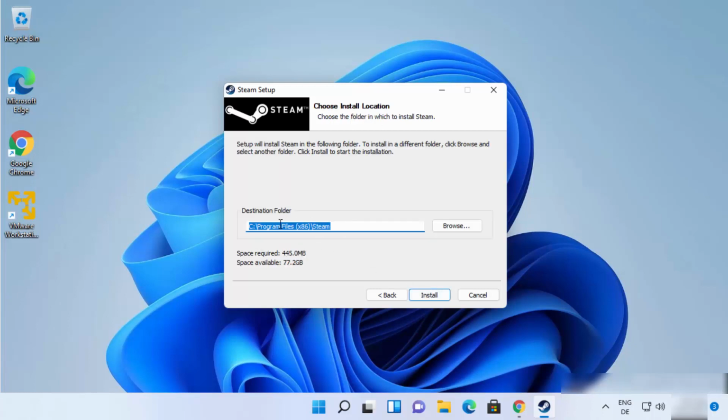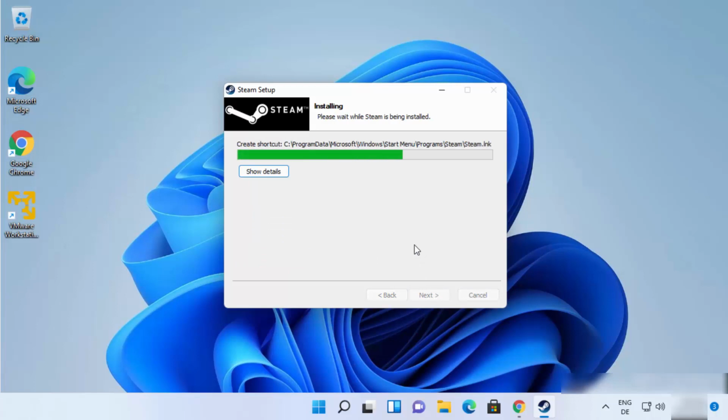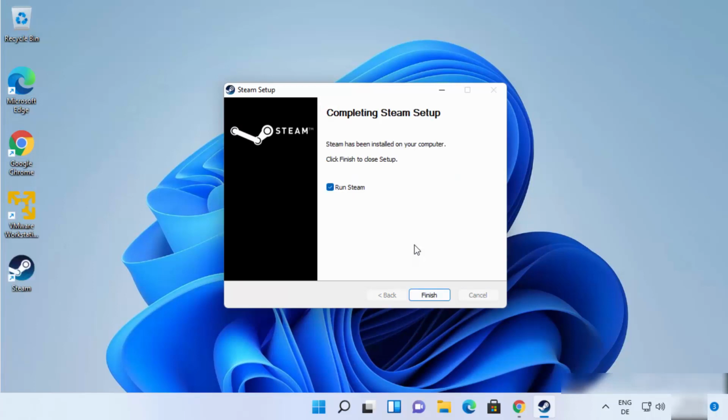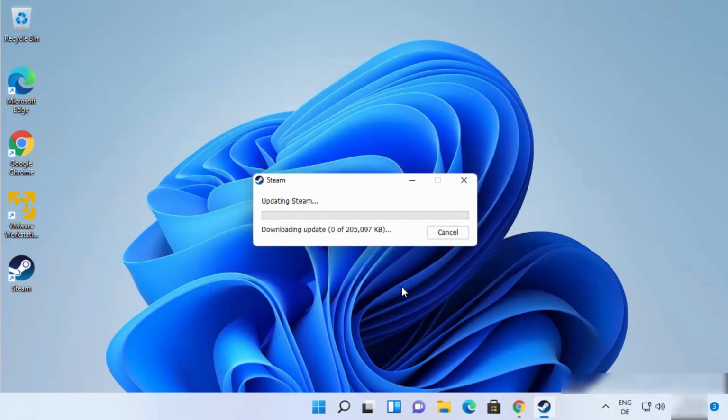And this will be the location where Steam will be installed. So if you don't have a good reason to change this location, just leave it as default and then click on Install, which is going to start the installation process of Steam. You can see Steam is installed and the shortcut for Steam software is created on my desktop, and here I can see Completing Steam Setup. So just leave this Run Steam checkbox checked and click on Finish, which is going to launch Steam on your